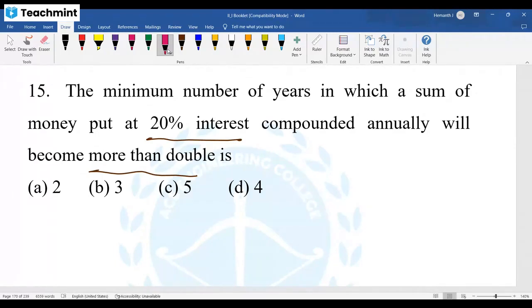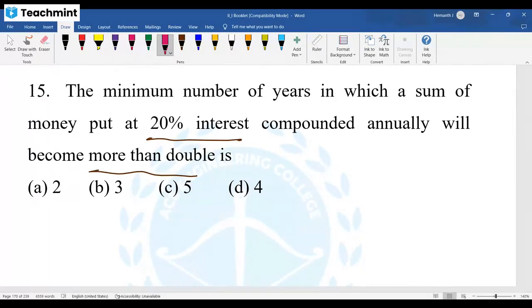A similar question they gave in the GATE exam, but in GATE they said only to be doubled. They gave options like 3 to 4, 4 to 5 like that in the GATE exam, but here they gave more than double. This question, the GATE exam 2 marks question, both are similar actually. The amount should be more than double. Means if it is 1,000, what should it become? 2,000 or more than that, right?